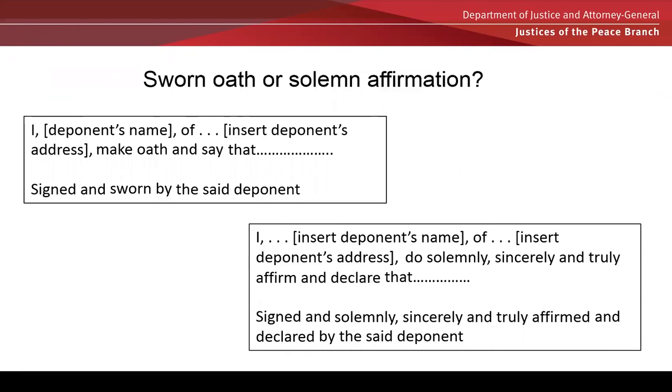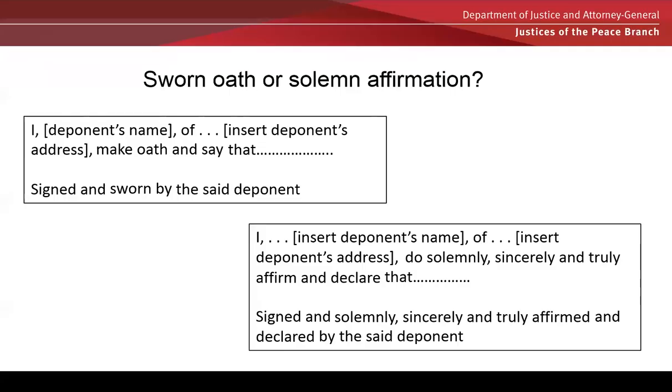Now, in today's multicultural society, the law does recognise a person's right to have beliefs other than Christianity, and there are various oaths for people with other religious beliefs. And the different types of oaths are covered in detail in Chapter 4.6 of your handbook, Administering Oaths and Affirmations. While it is recommended to have a Bible in your signing kit, if you are presented with an affidavit and the deponent does have another religious belief, they will actually have to provide their own religious text to you in order to swear the affidavit.